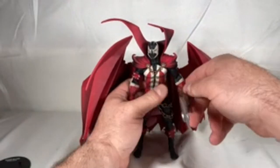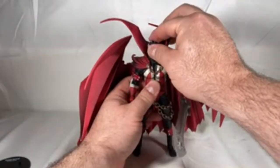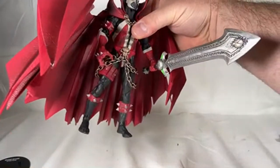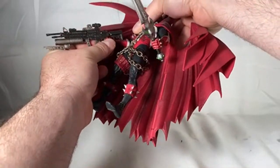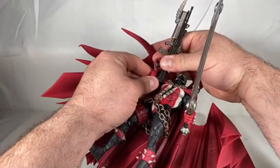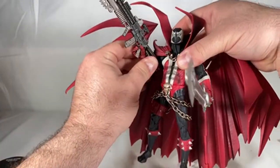We have that. And I'm looking for paint blemishes or anything like that. I don't really see any. I'm absolutely going to do a comparison with the Mortal Kombat one, but I want to get them all geared up because this sword is... I don't know which one I want to pose him with. Now I kind of want to pose him with both. Because if he's got it, let him pose with it. I do wish that these gripping hands, and I even said this in a message on their Facebook updates...